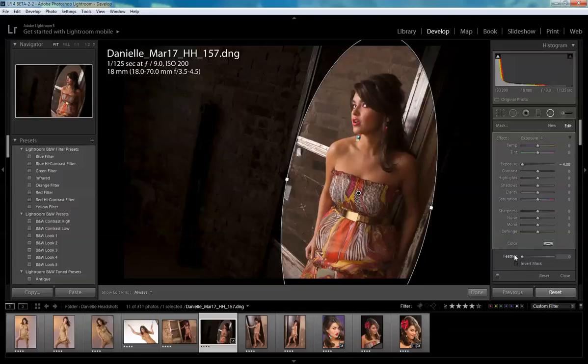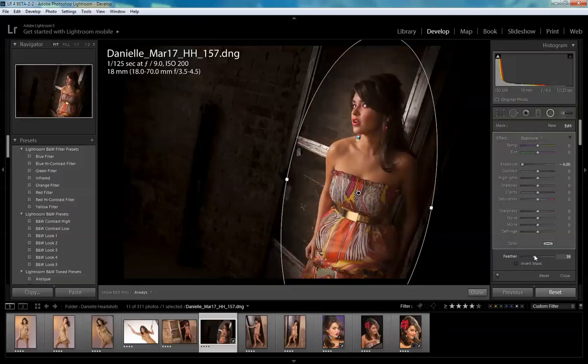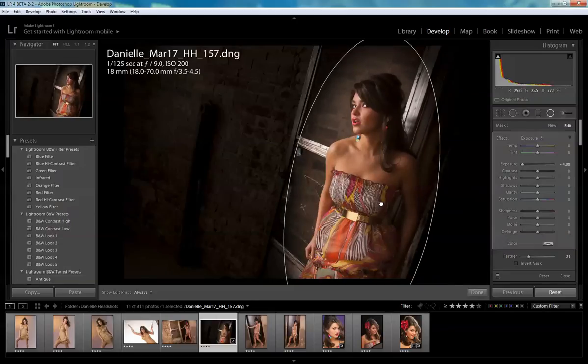This is actually what our feathering does, if you didn't know already, but kind of open it up a little bit on her, but not too much. So that's actually pretty good. Now, what I'm doing is almost like a vignette. You could actually do vignetting this way if you wanted to, but it can be a little bit much if you're not careful. So what I want to do is